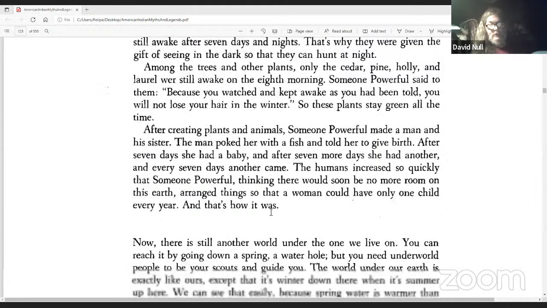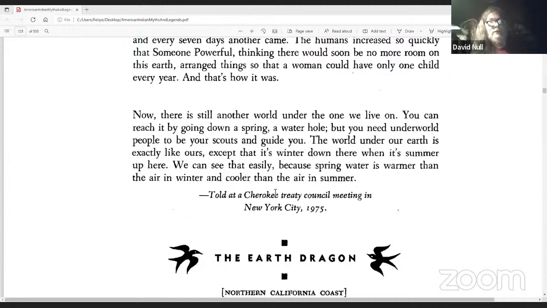Now there is still another world under the one we live on. You can reach it by going down a spring, a water hole, but you need underworld people to be your scouts and guide you. The world under our earth is exactly like ours, except that it's winter down there when it's summer up here.